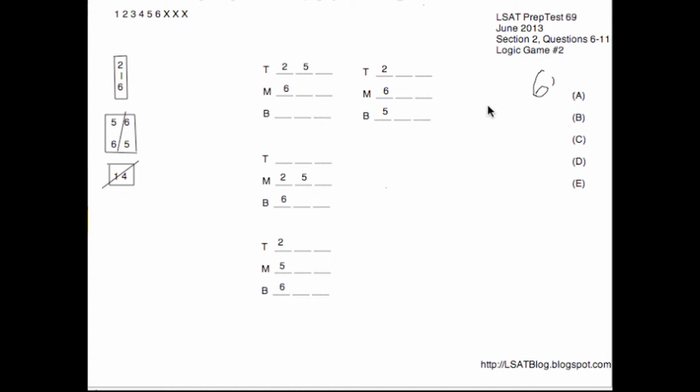They listed things going bottom, middle, top, rather than top, middle, bottom. So it requires a little bit of reorientation if you do things this way, as I've done with top, middle, bottom, from going high to low. I recommend still doing it my way, even though the LSAT does it the other way for number 6,